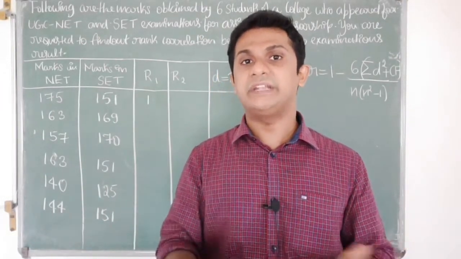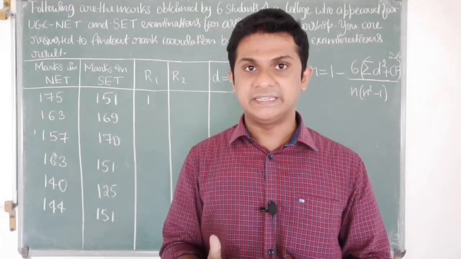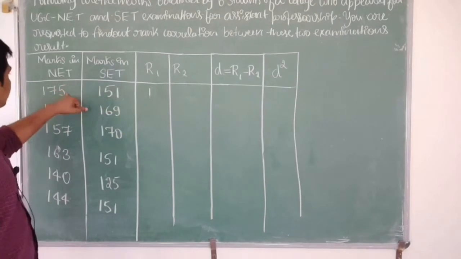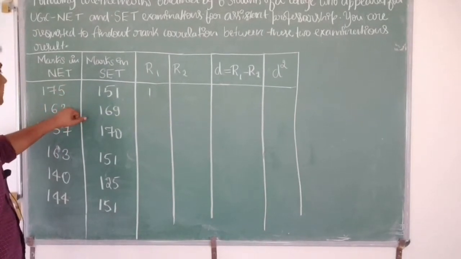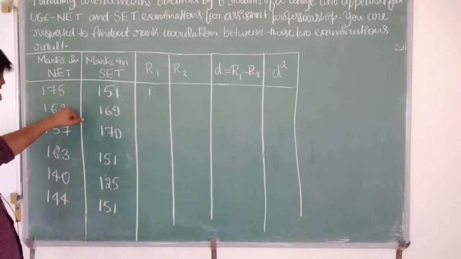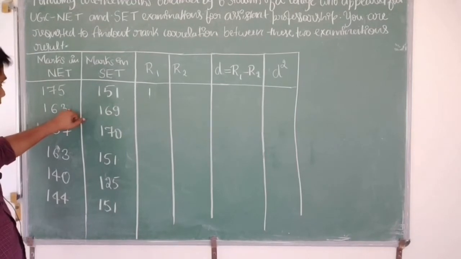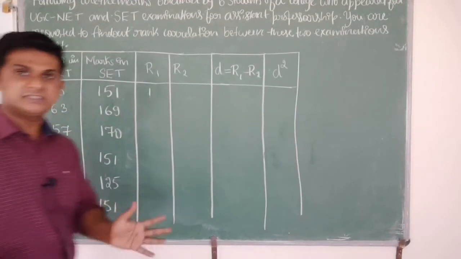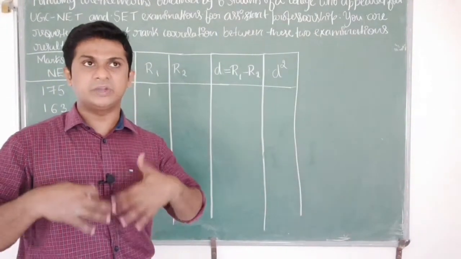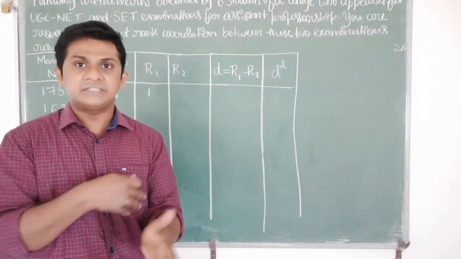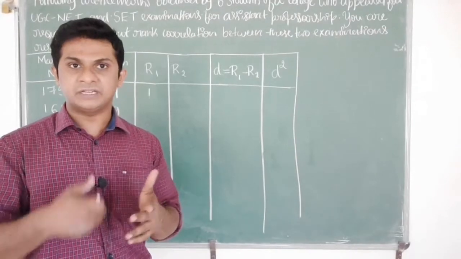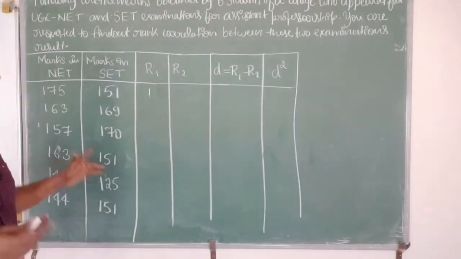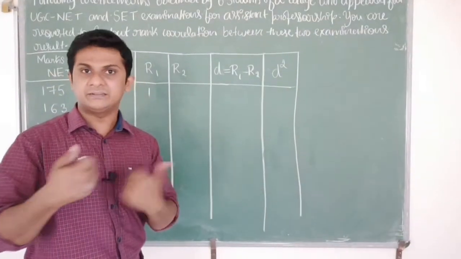How are we calculating the average of the rank? Let us see. In the first case, we have already assigned the first rank to the highest value. When it comes to the second rank, 163 was the value we need to allot the rank to, but this has repeated twice. In this situation, we have to assume what if it is not repeated, what is the rank we are supposed to allot in that case. So for these two students, we may allot second and third rank.